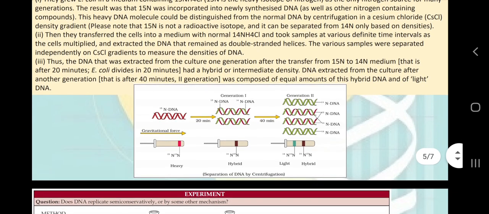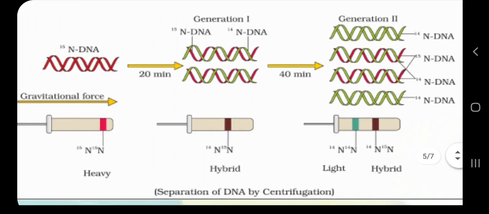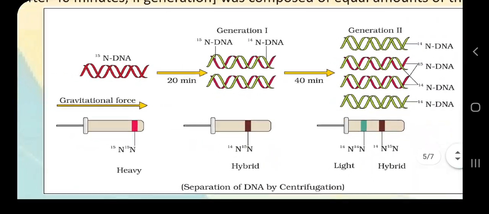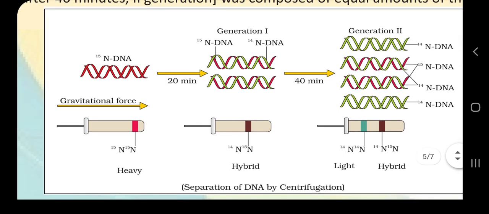Now, let's understand these diagrams first. This diagram is also taken from NCERT as it is. Before discussing these diagrams, let me ask you some questions about isotopes. So I am giving a brief idea about isotopes. What are isotopes? Isotopes are alternative atoms of the same identity and different weight or mass.